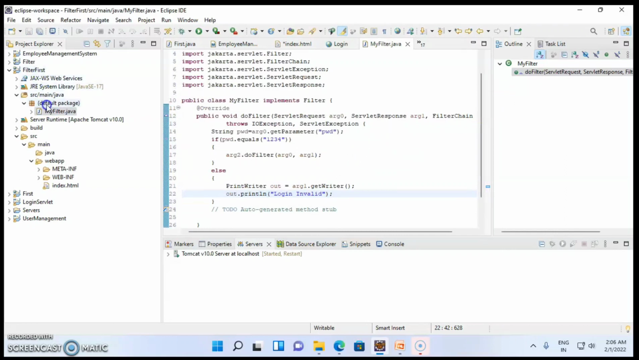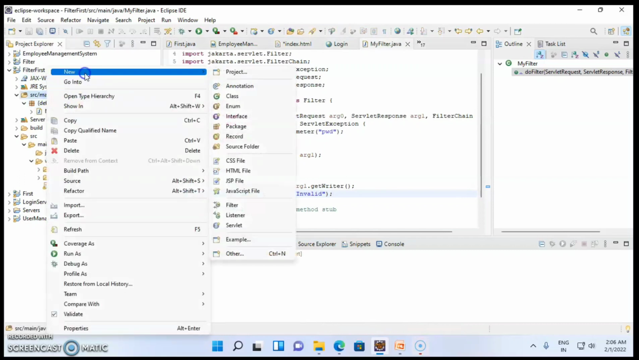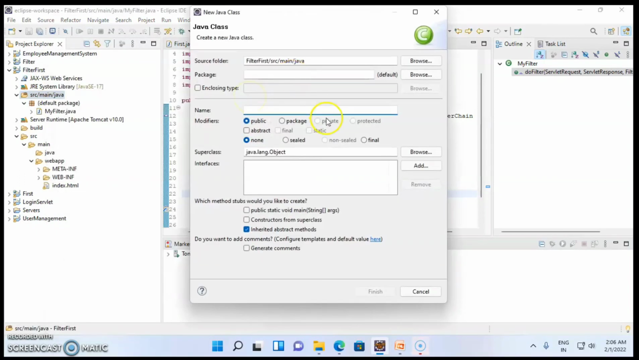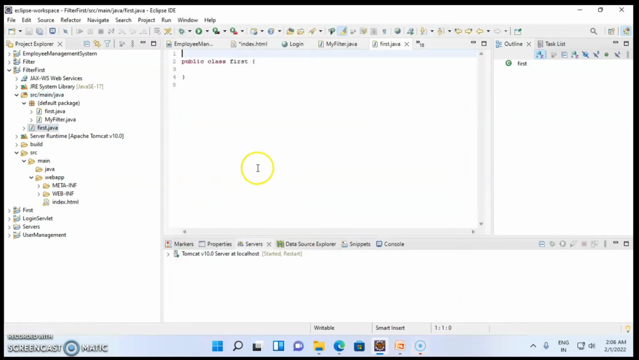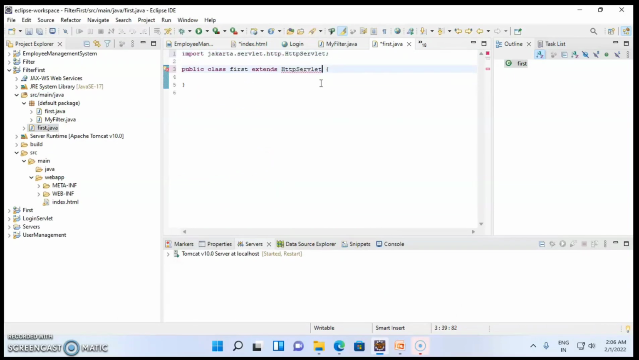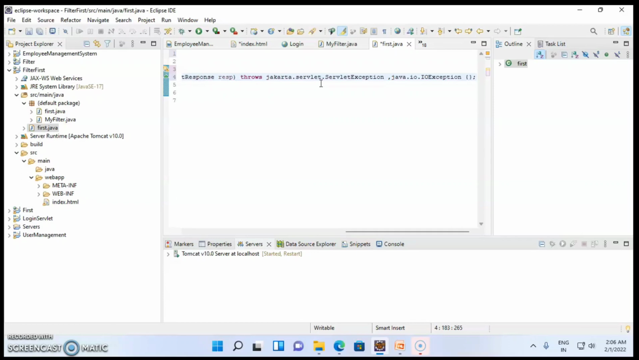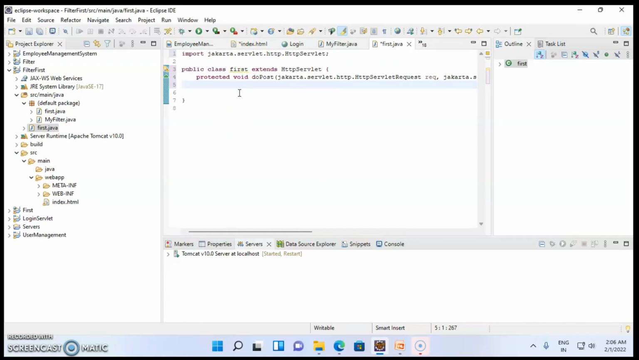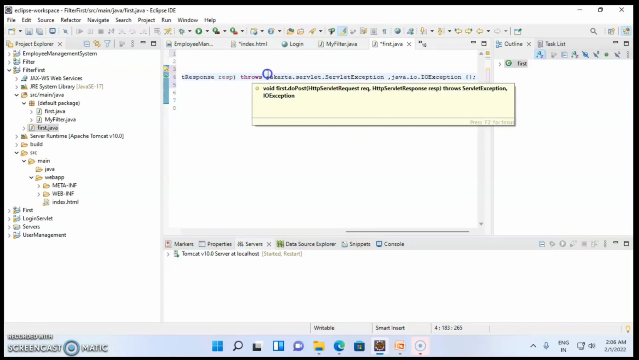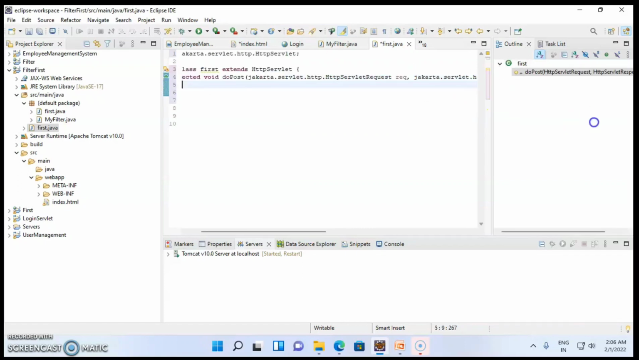Now I will create another class, new class, just named as First. So First class, finish. Then similar way extends HttpServlet. Then inside that I will add doPost. So everything was same. I will add a method called doPost. Inside doPost,